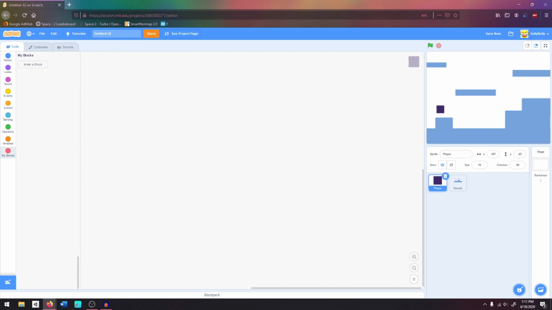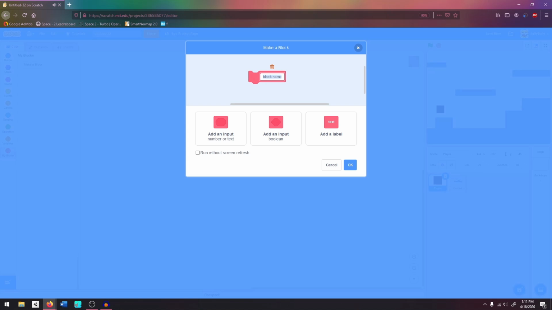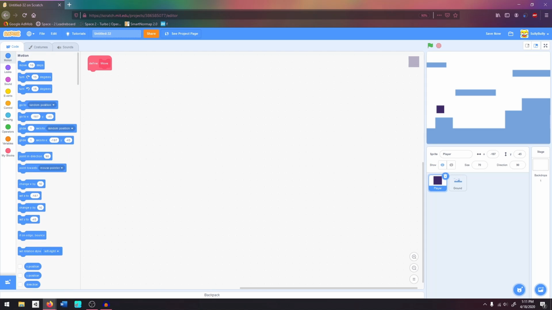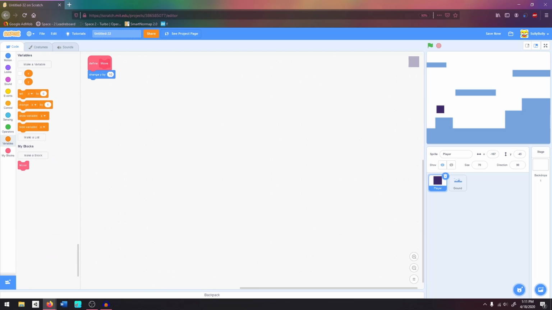I'm going to go to my blocks and press make a block and call this move and click on run without screen refresh. I only need two variables, a y and an x, and I'm just going to hide these. And first thing we want to do is change y by this variable y,